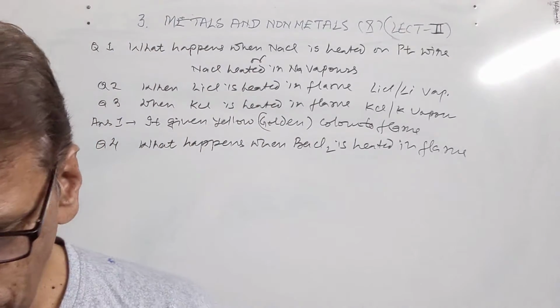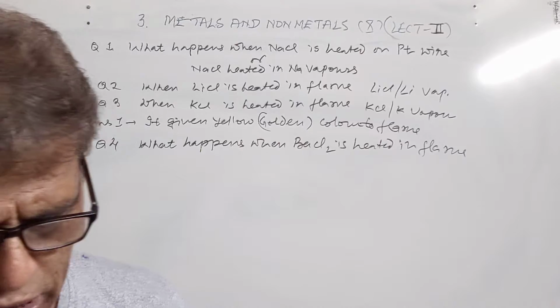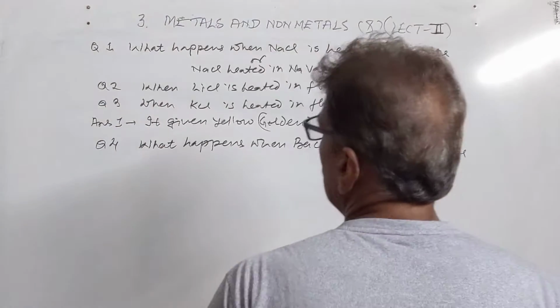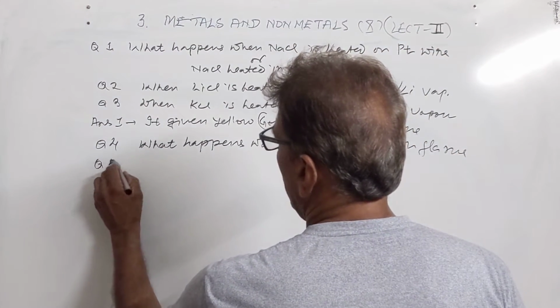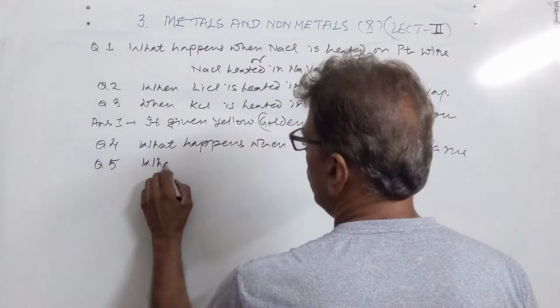Then we have: what do you know about occurrence of elements in the earth crust? So we are now having question number 5. What do you know about